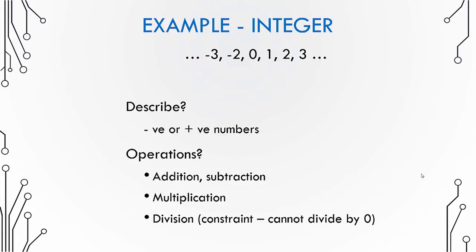So you now know what's an abstract data type. It's something that describes the type of data, describes the properties of the data, and it describes what operations you can perform on a data. It does not talk about how to perform these operations or how to implement these operations or how to implement the properties of this data. That task is done by data structures. So we'll see